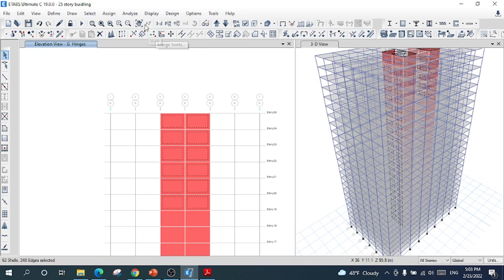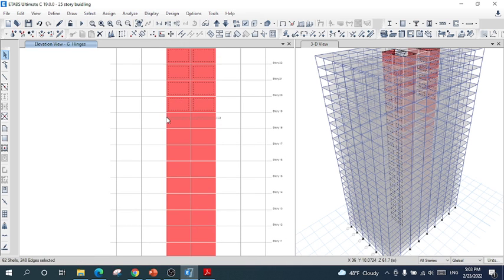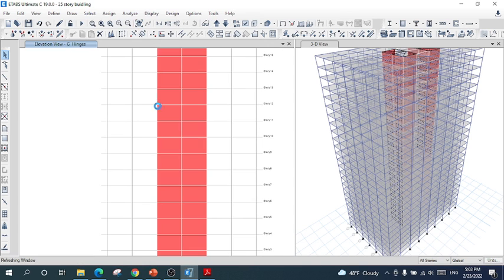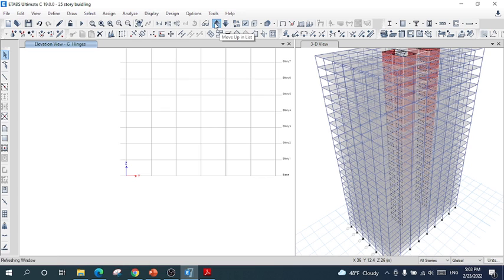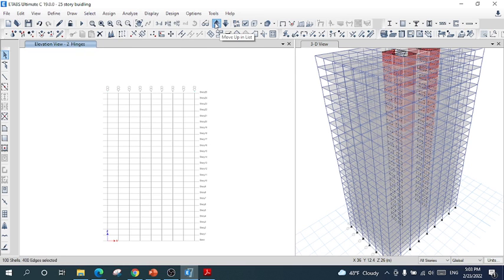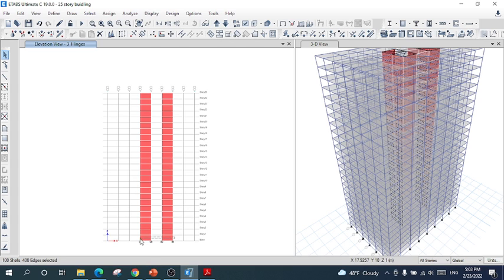I will select shear walls. Yes, this one as well. I will select it one by one